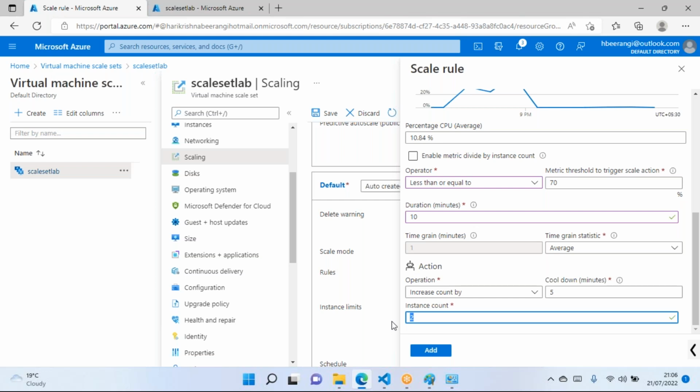I can go for a maximum of 5 also, but since there is a limitation on our subscription, I'm going with 2 instances. Increase the count by 2 instances and click on add. I'm using reverse logic actually, so don't get confused by it. Add.